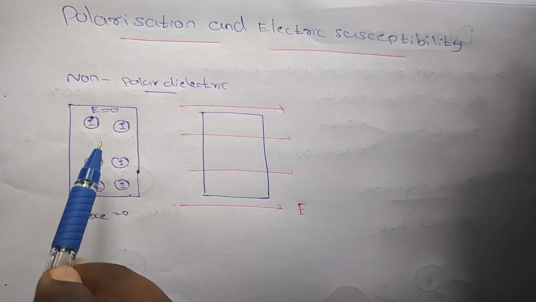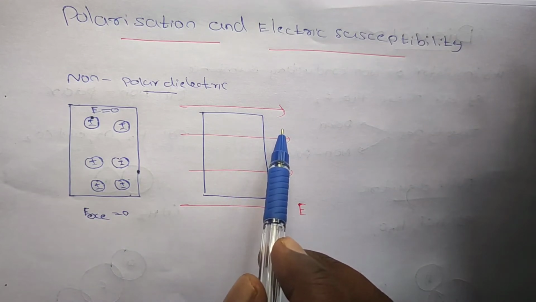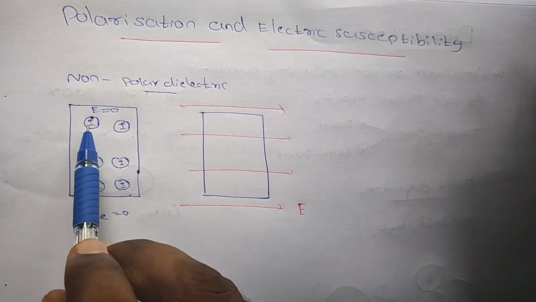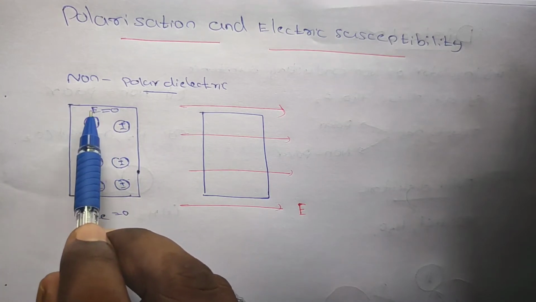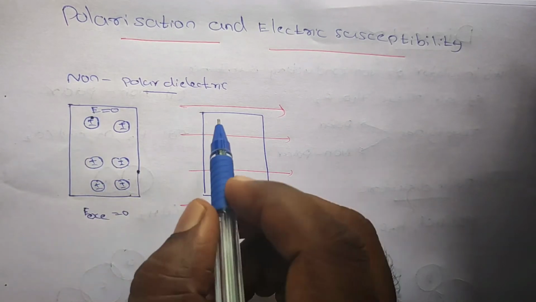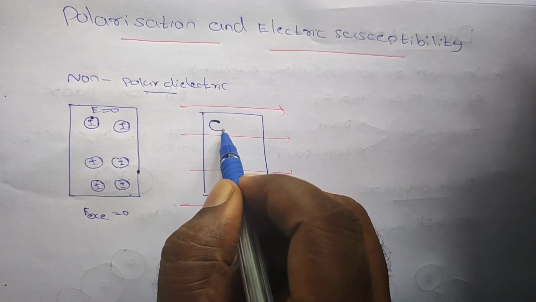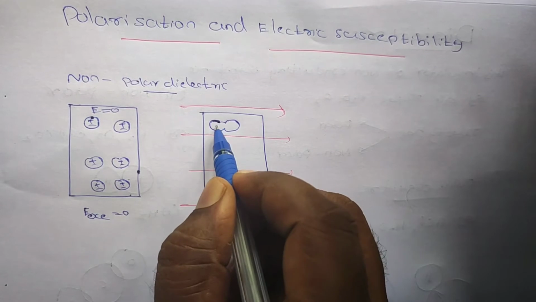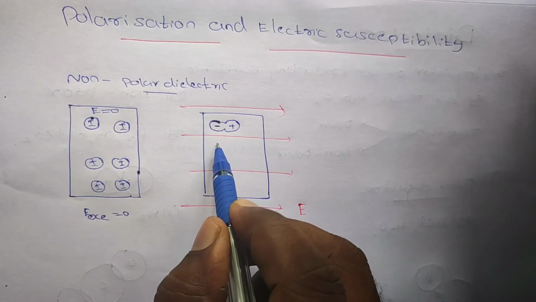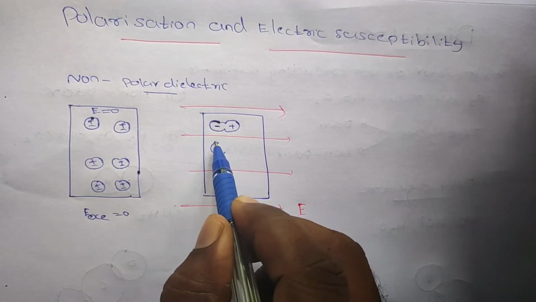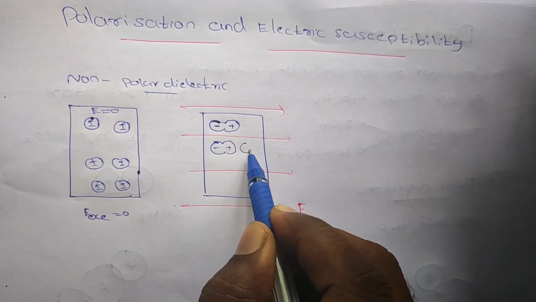But you see that this external electric field attracts the positive and negative centers, so that this molecule becomes stretched. The molecule will change like this. The negative center is coming to this side and the positive center is coming to the other side. Like this, all the molecules, due to the attraction of this electric field, are stretched.